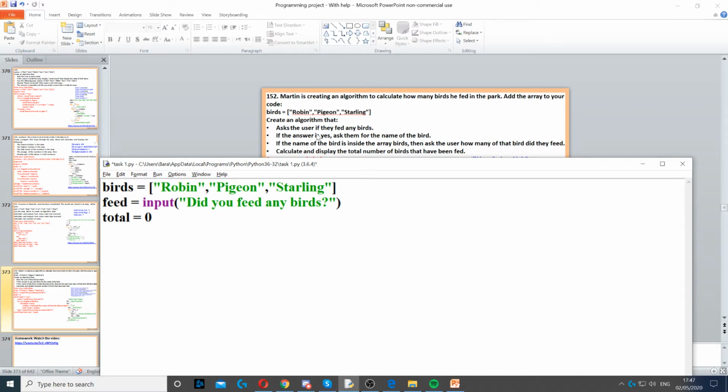Then it says if the answer is yes, ask them for the name of the bird. So what we need to do is first create a while loop that loops as long as they typed yes when they're asked if they fed any birds. So this will keep repeating as long as they type yes. Once we've done that, we need to ask them for the name of the bird,